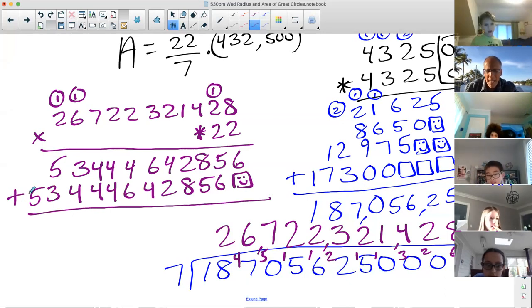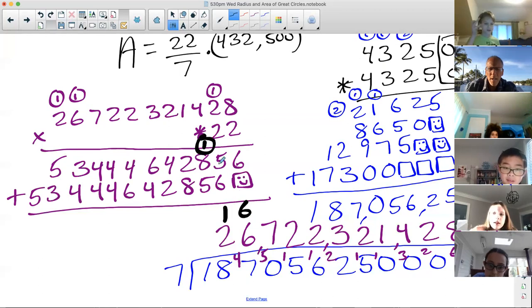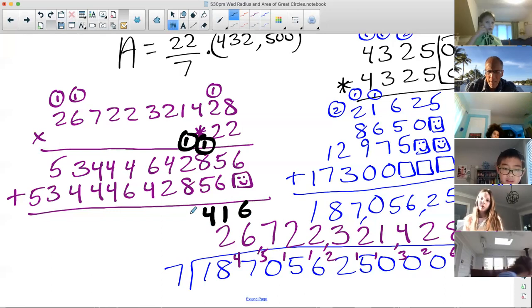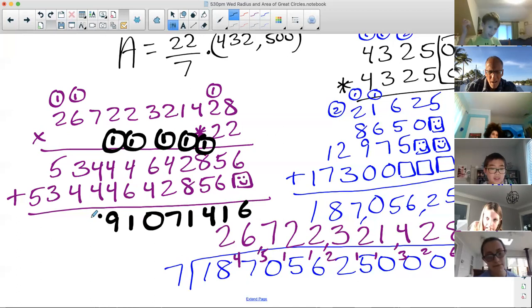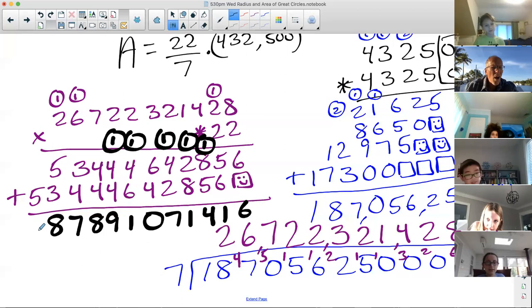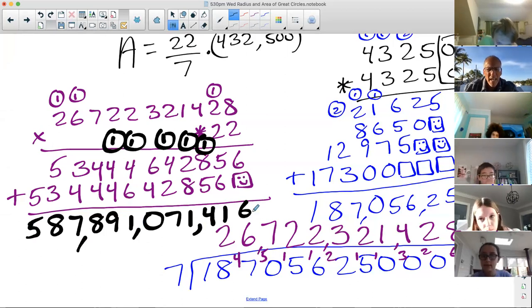Now, let's add them up, guys, from the right. 6, go. 6, 11, 1, 1 carry the 1, 1. 4 carry the 1. 1, 1 carry the 1. 7. 0 carry the 1. 1 carry the 1. 9, 9. 9, 8. 7. 8. 8. 5. 5. Oh my gosh, guys, this is in square miles,